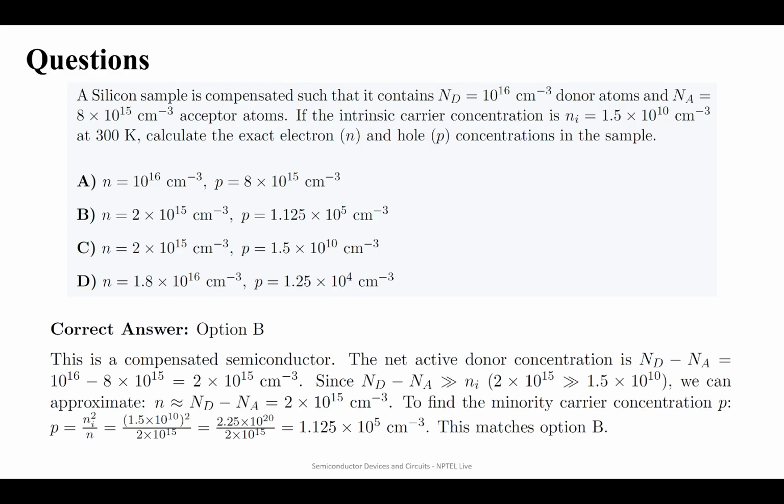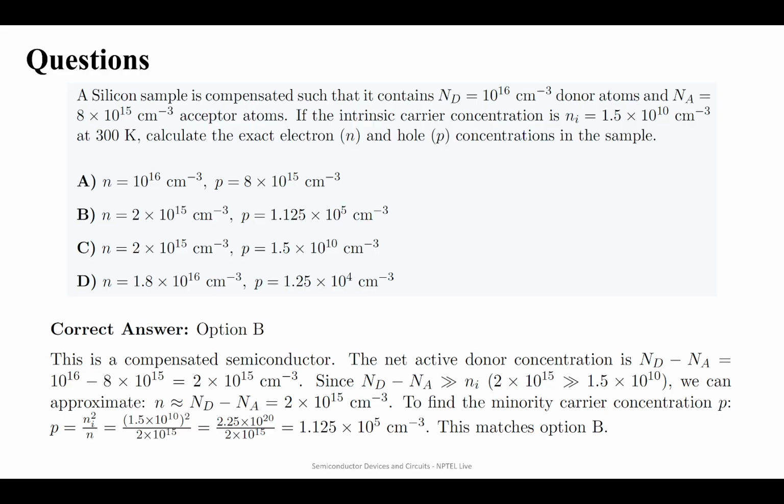So the answer to this is simple. Option B. This is a compensated semiconductor. The net active donor concentration is Nd minus Na, which is 10 power 16 minus 8 into 10 power 15, which is 2 into 10 power 15 per centimeter cube. Since Nd minus Na is greater than ni, we can approximate n equals Nd minus Na,